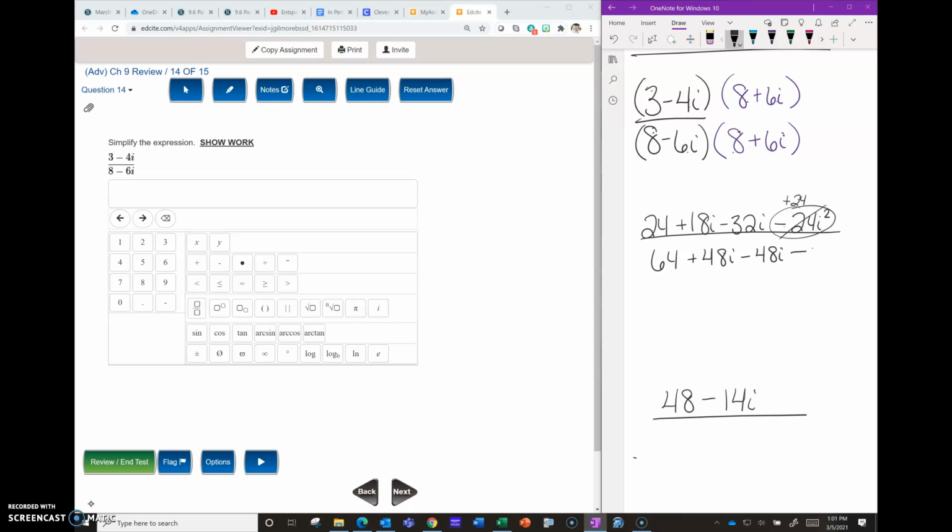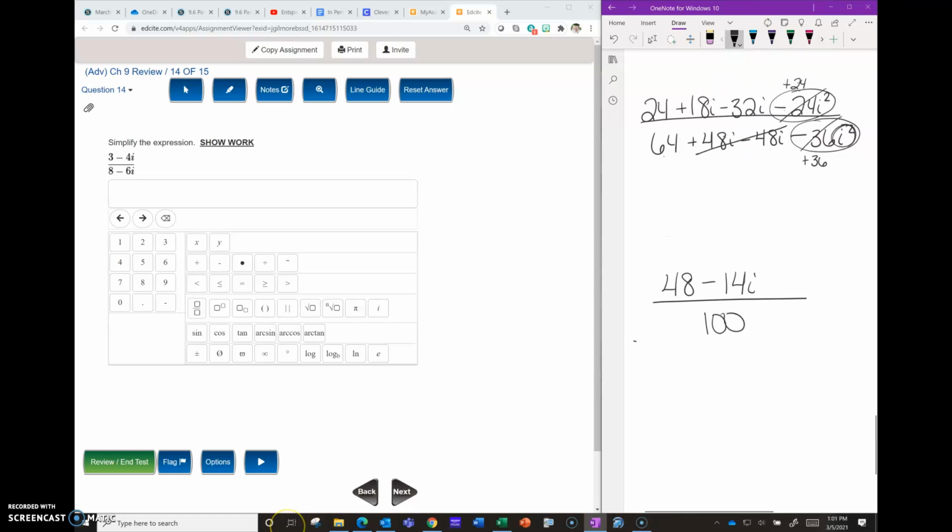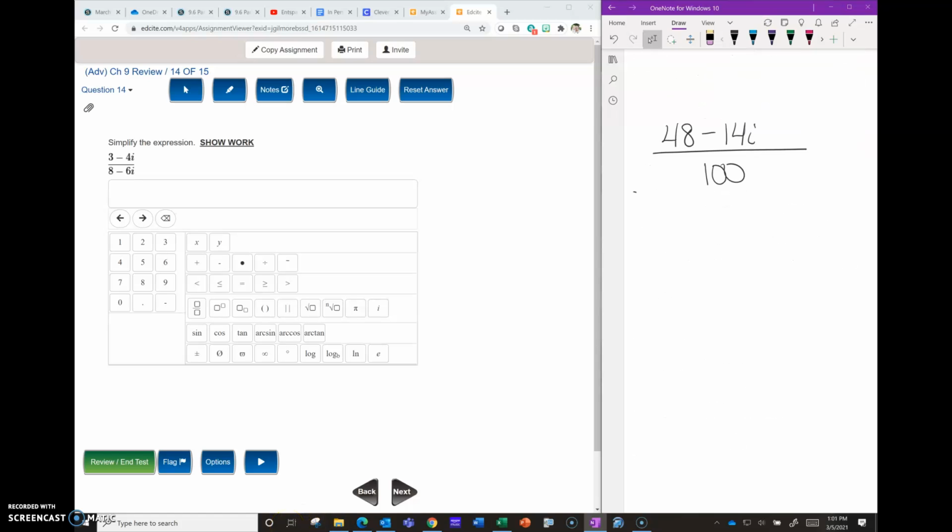The 6's make 36, and the i's make i squared. Negative 36i squared is really a positive 36, because negative 36 times negative 1 is positive 36. The two middle terms will cancel, so on the bottom we just have 64 plus 36, which is 100. The system will count this answer as correct, so I will count 48 minus 14i over 100 as a correct